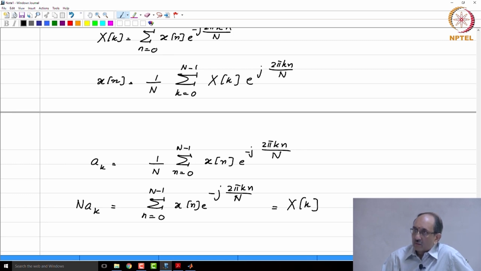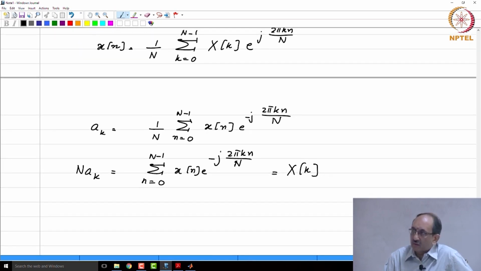Therefore, the DFT is not a new Fourier representation, but it is nothing but the discrete time Fourier series with a slight change in definition. Again, everything is consistent, because in the DFT framework, even though you start off by saying no assumption is made about the data outside the observation window 0 to N minus 1, the DFT framework immediately produces periodicity.